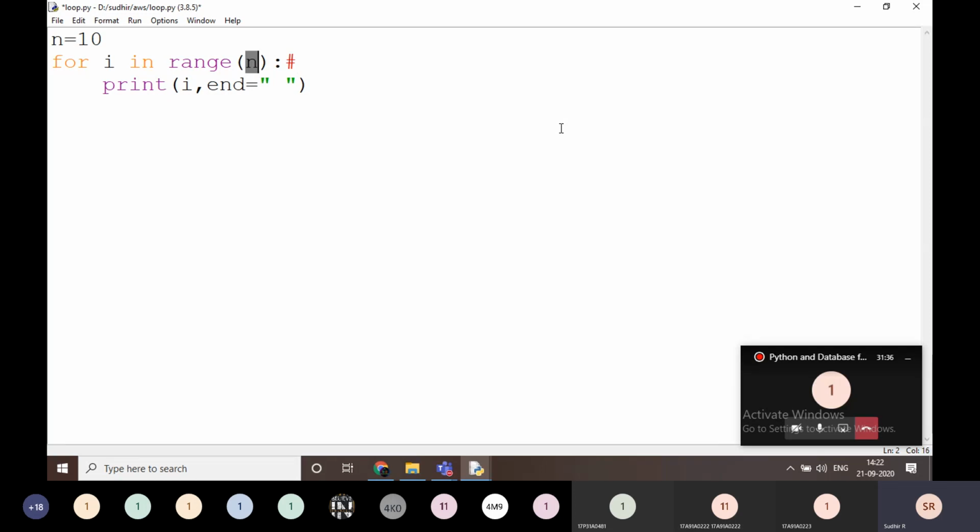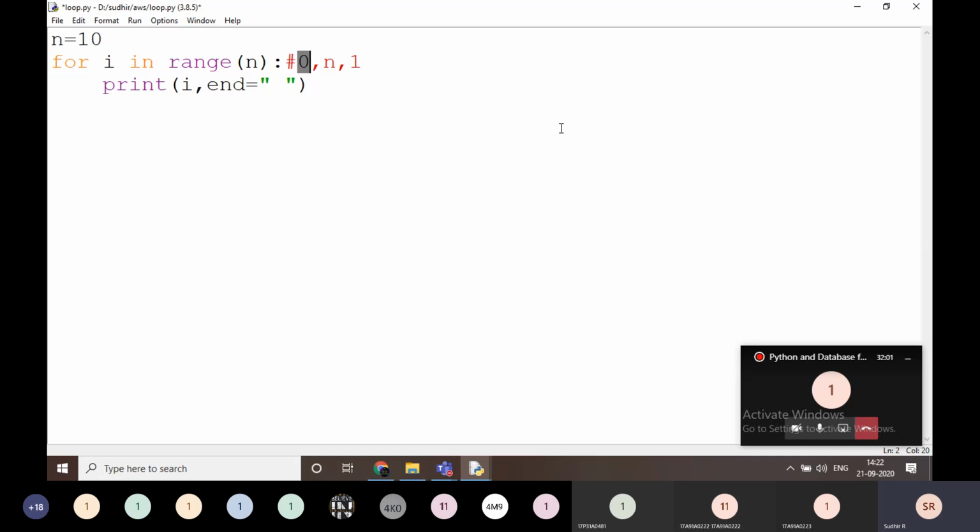What does it mean? If I am passing only a single value in the range function, it will take 0 as the first value. Every time there are three values in the for loop, no doubt. First value is 0, the second value is n, and the third is 1. 0 is the initial value.